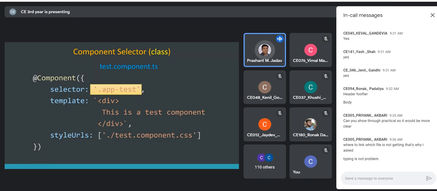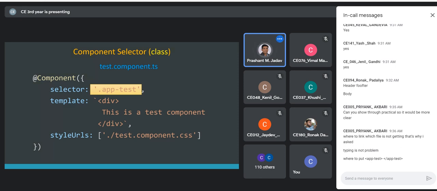So you can ask your question, your doubt. What is your doubt, Priyank? What we have seen today is creating our custom component and using it. So the first step is to create the component via the Angular CLI command, ng generate component. Second, we have to use it in our component file using the selector. Okay, so where to put this app-test? This should be used in the view of the root component. So let me show you that part.